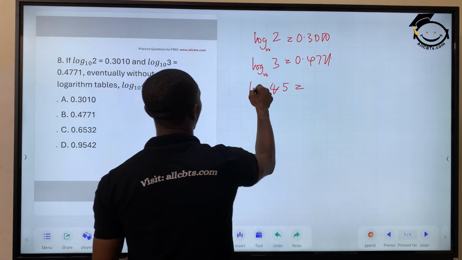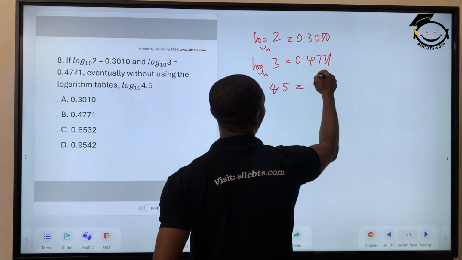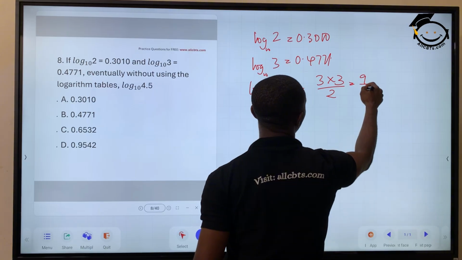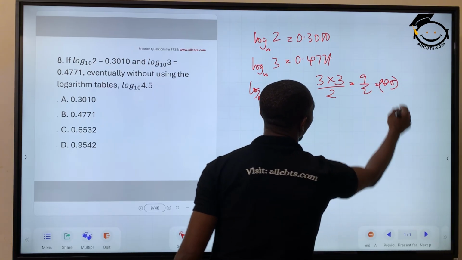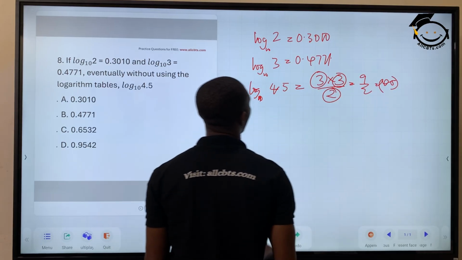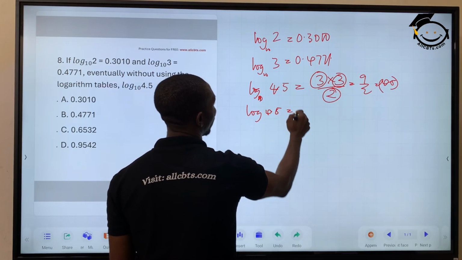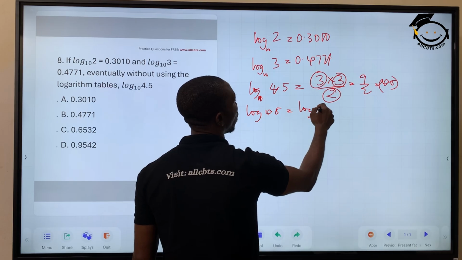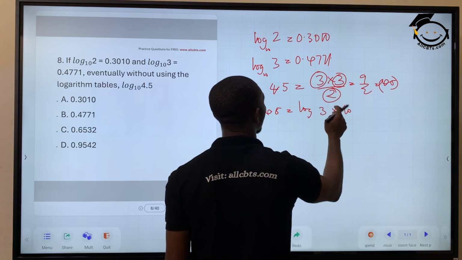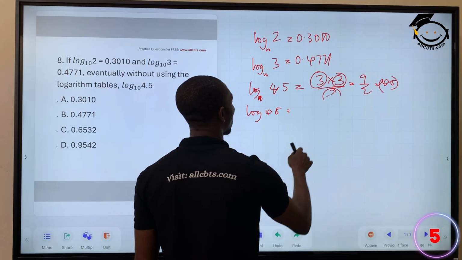Now, for us to get log 4.5, we know we are having it as 3 times 3 over 2, which is 9 over 2 to give us 4.5. Okay? Now, we are going to replace this and this with this. So log 4.5 would give us